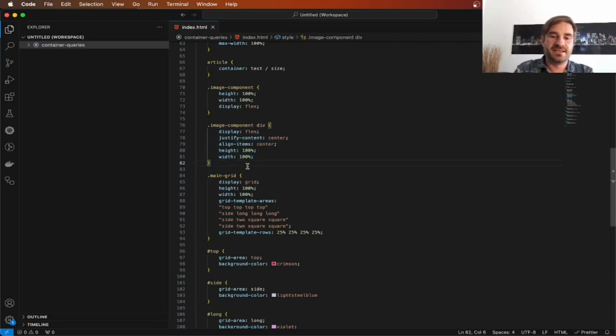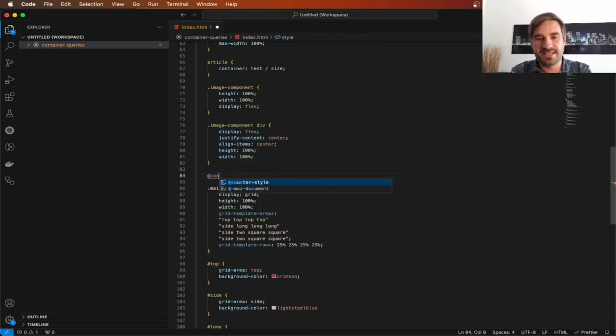So let's use query container. First thing, @container. You know, imagine it's @media. Then we actually do the name of the query container. And then we do our condition. Now in this case, we can be kind of lazy and just say orientation